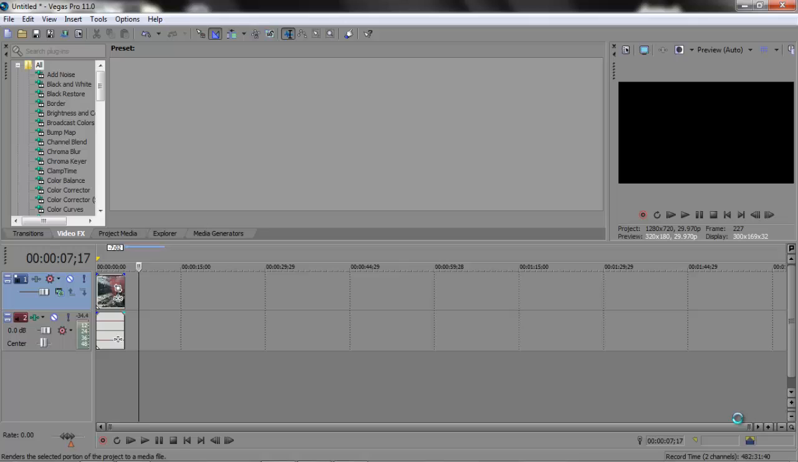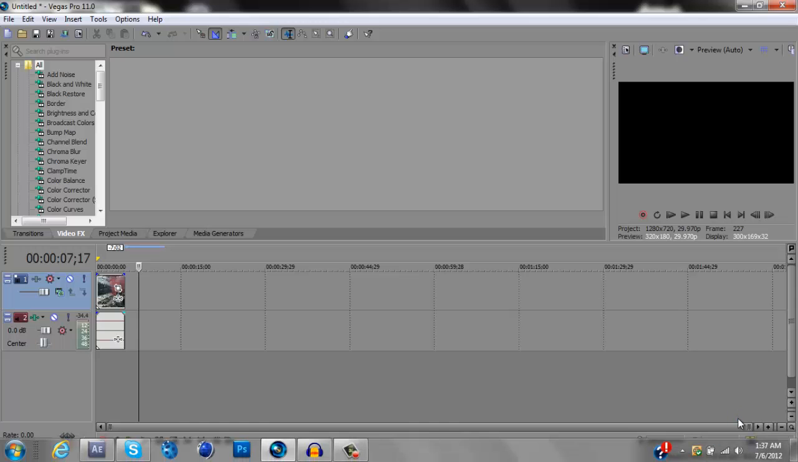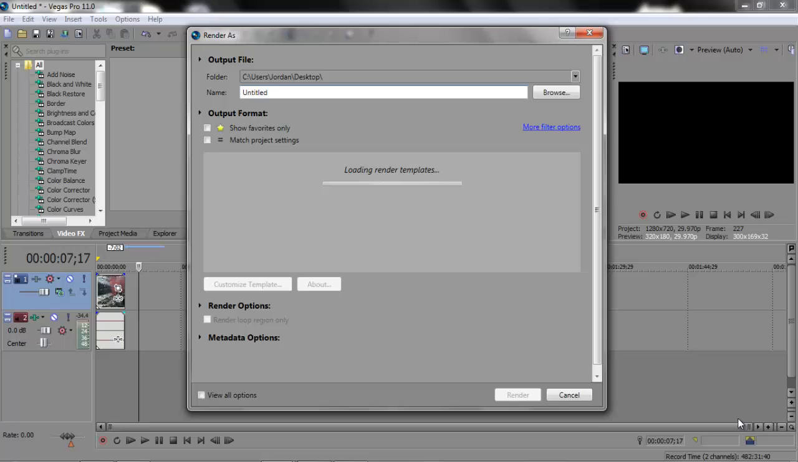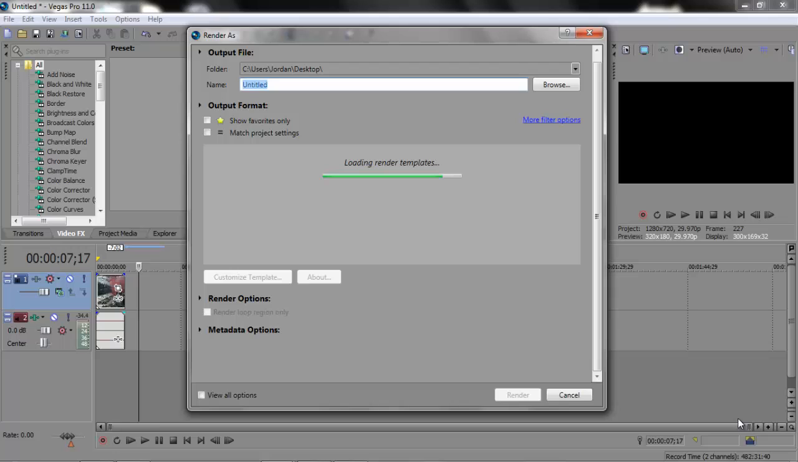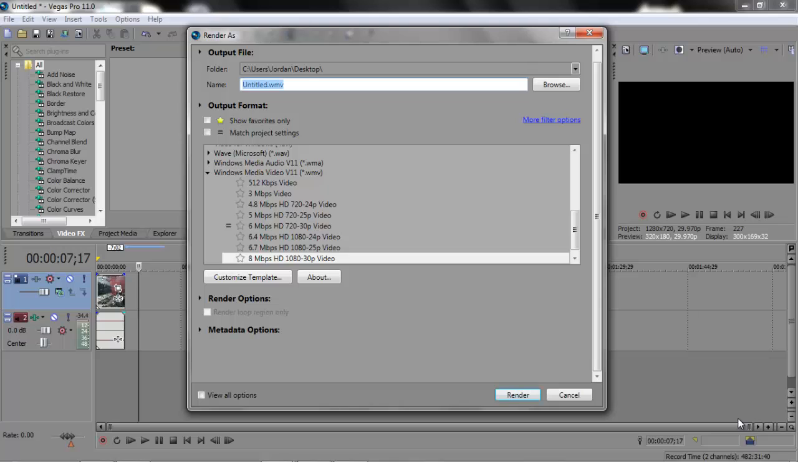you don't really change any of the settings whenever this window will pop up. Just make sure that right here under render options, it doesn't say render loop region only, because if it does, you may be cutting out part of your video. So make sure that's unchecked, and up here you just change the name to whatever you want it to be. So I'll just make it render tutorial again,